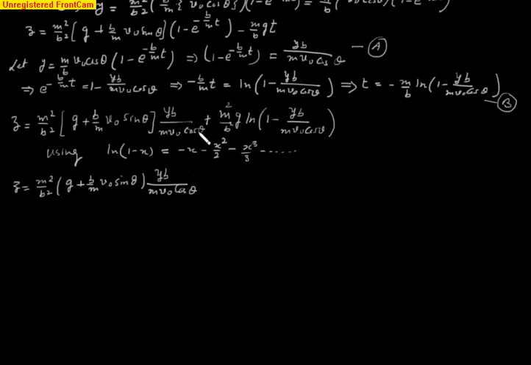Let us write down cos theta from here, plus m square over b square g into log of, now instead of this log I have to use this result which we have written here, so I will write g into, let us inside the bracket expand this portion where x is this, so I will write here minus yb over m v naught cos of theta